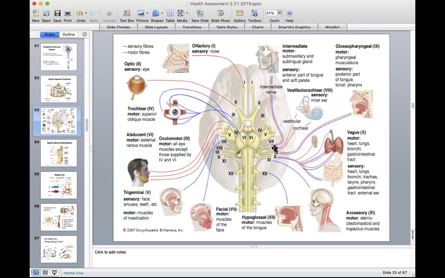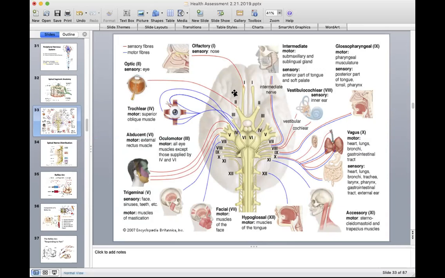So if you can see, these are the cranial nerves, and I want to make sure that you see that they're on the underside of the brain. And so you can take a look at this picture. And olfactory, I don't worry about. That's cranial nerve 1, because people's olfactory is changed by allergies, by smoke, by a number of things. So I don't usually test that.